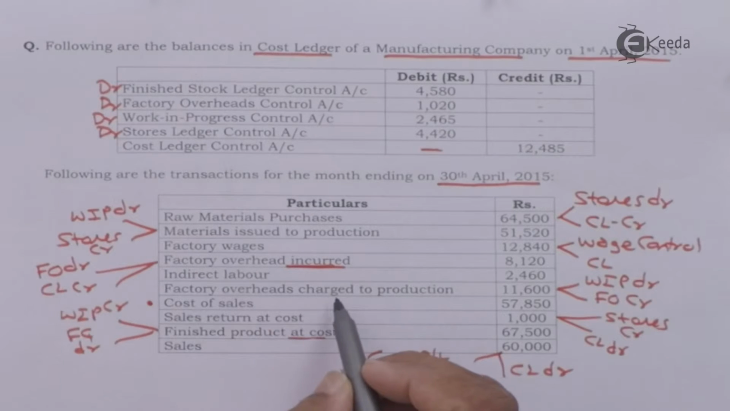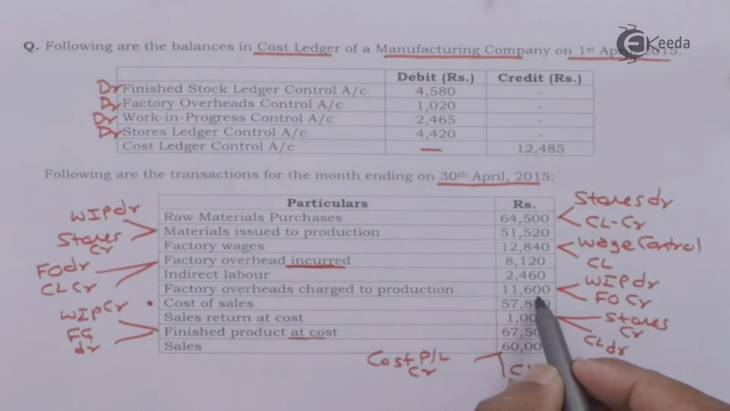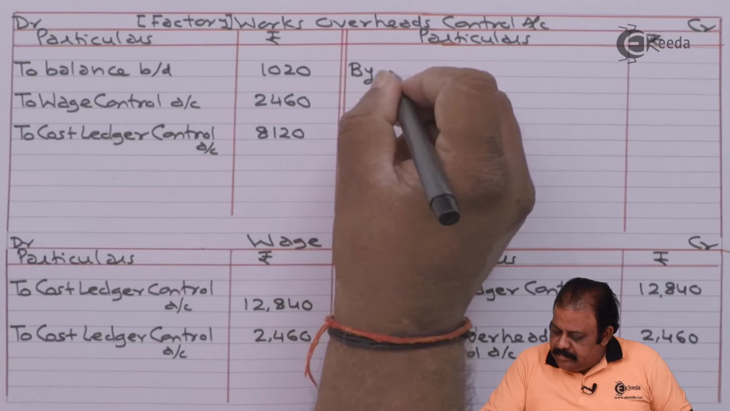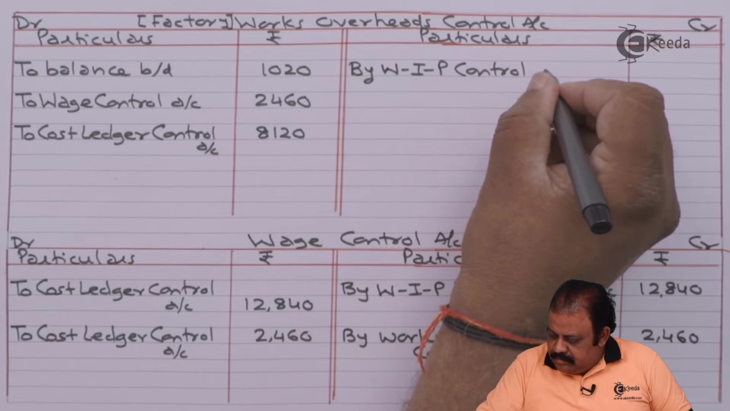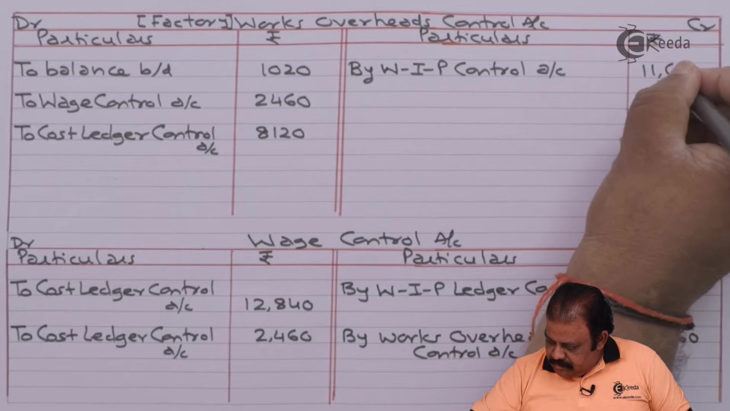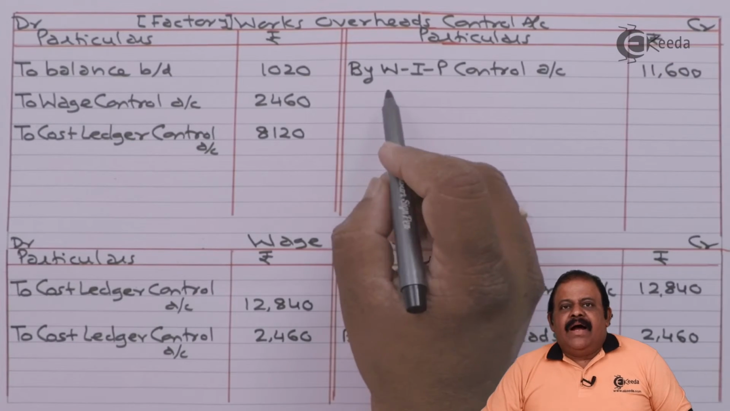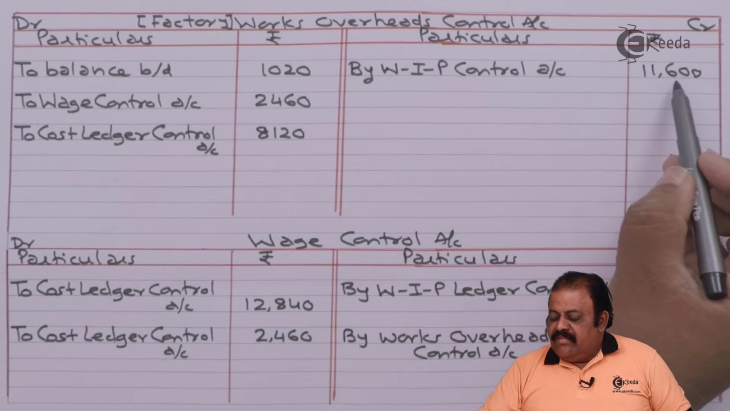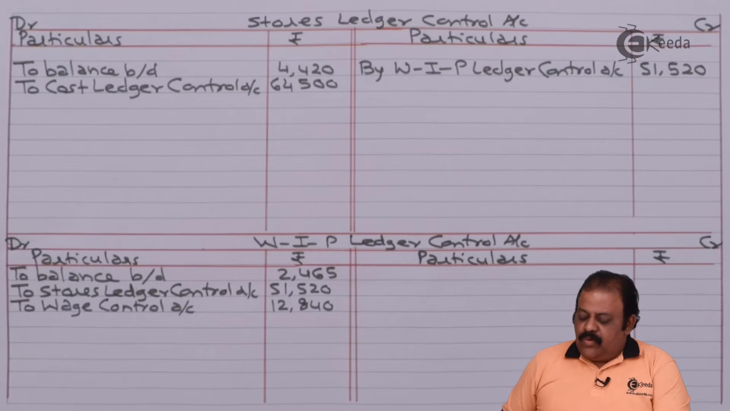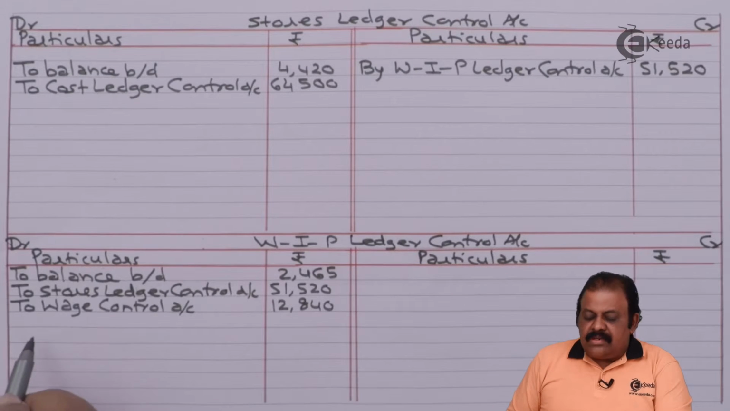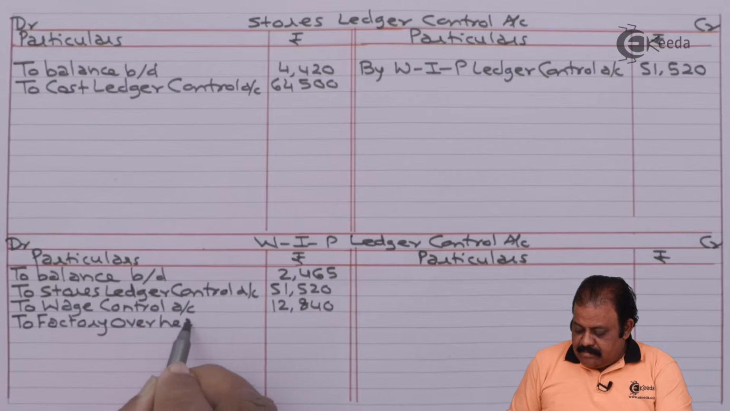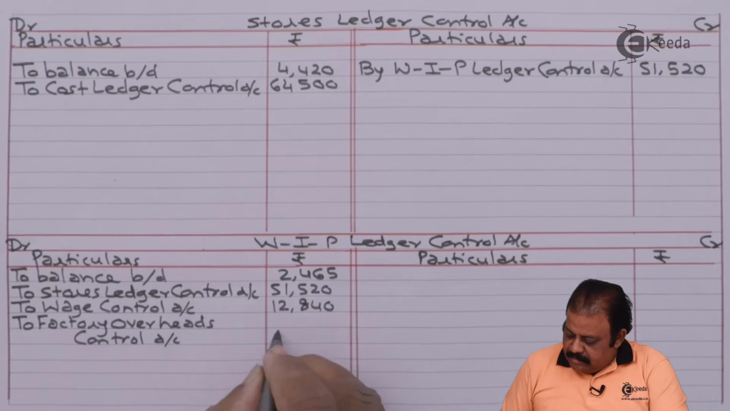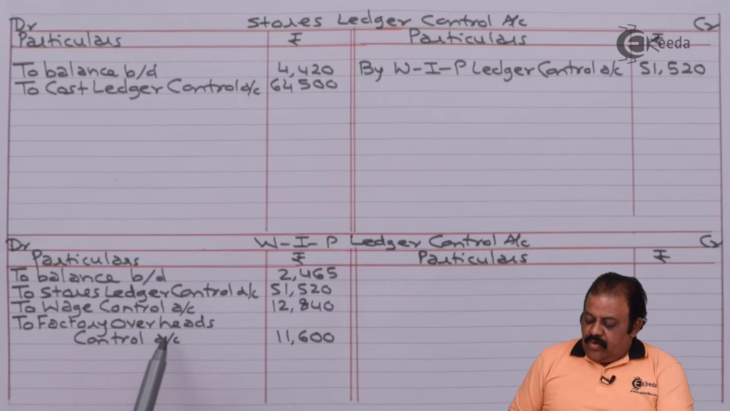8,120. Factory overheads charged to production, 11,600. This will be credited to factory overheads control account. By work in progress control account, 11,600. This will be debited to work in progress control account. To factory overheads control account,